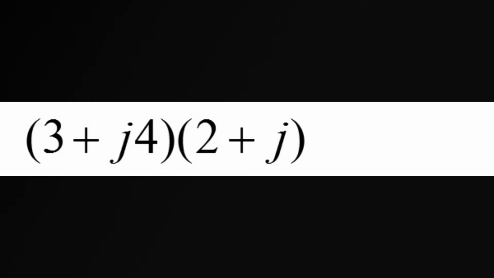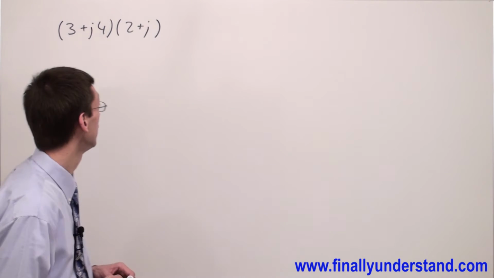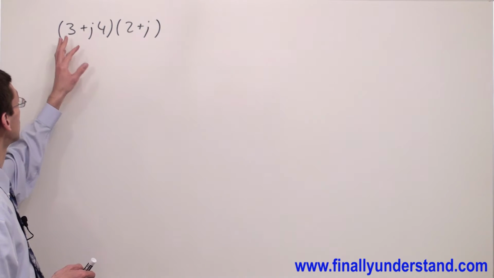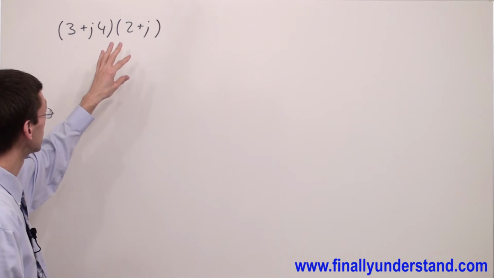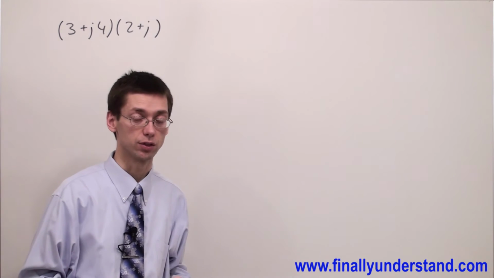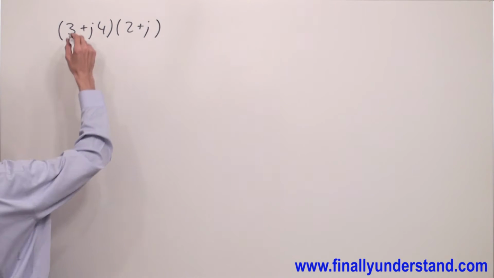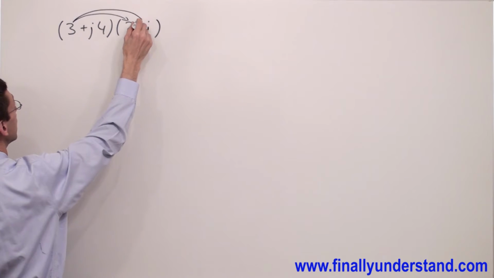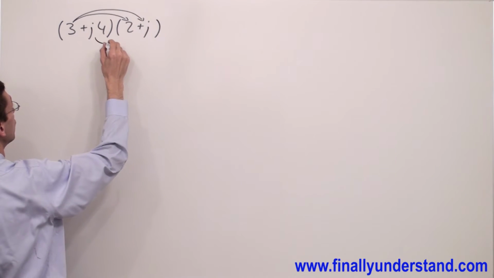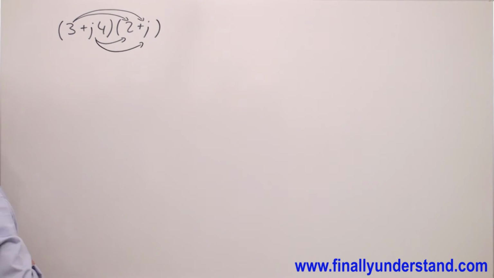This time we're supposed to multiply together two rectangular forms. In order to do so, we're supposed to simply multiply every single term from one parenthesis by every single term inside of the second parenthesis. Otherwise, we're supposed to use the FOIL rule. So I'm going to multiply 3 by 2, and I'm going to multiply 3 by j, and j4 by 2, and j4 by j. So I have